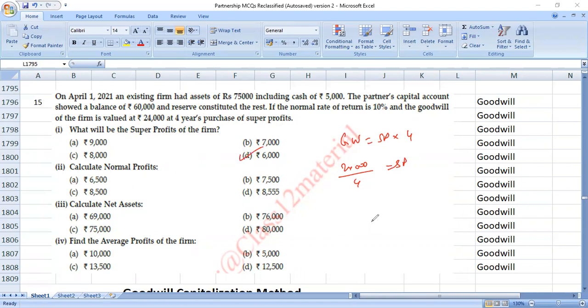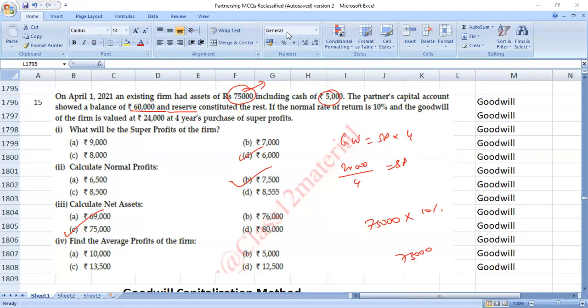Calculate normal profit. Normal profit is on capital employed. 75,000 is the total assets, and there are no external liabilities. Assets minus external liabilities is capital employed. So 75,000 is the capital employed, into 10%, which is 7,500. Net assets are 75,000, because net assets is total assets minus external liabilities. There are no external liabilities, only capital and reserves on the liability side. So net assets 75,000. Average profits of the firm,